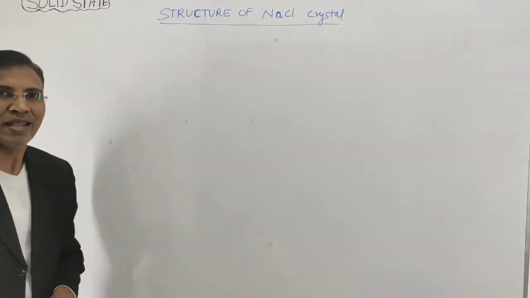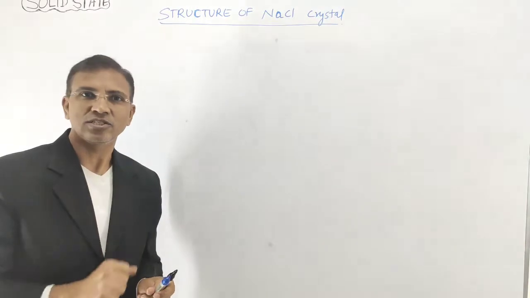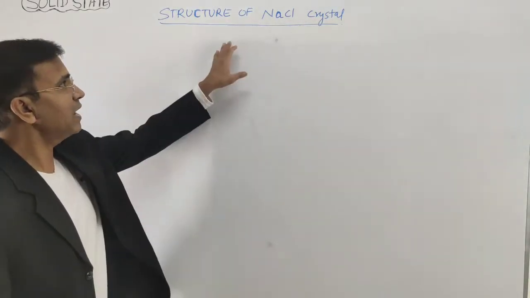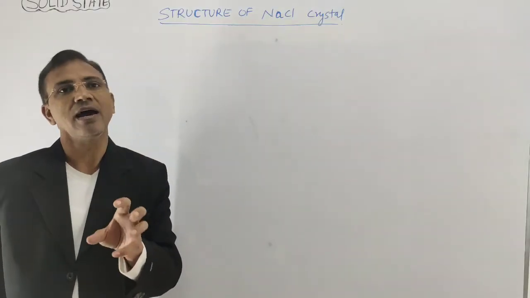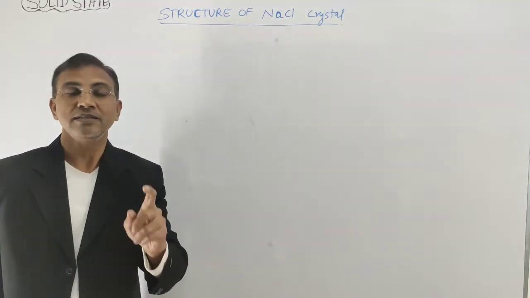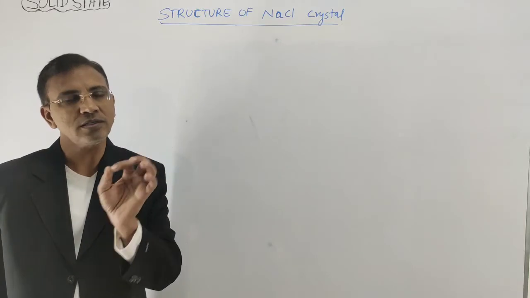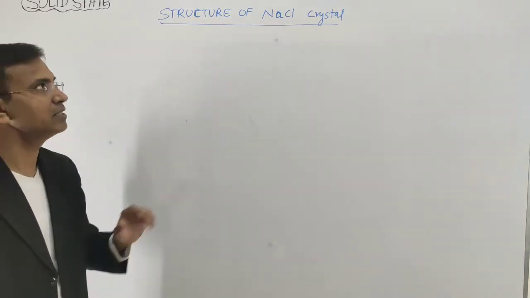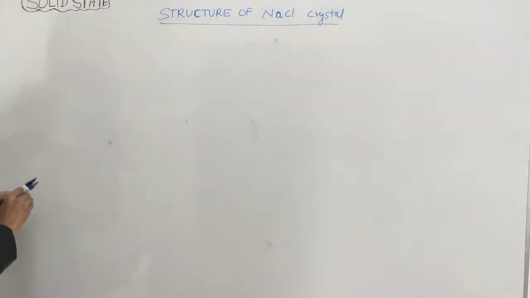Now the structure of the NaCl crystal lattice or unit cell. In the NaCl structure, the main thing is that two ions are present, Na positive and Cl negative. The Cl negative, the major big ion, makes the FCC structure, and the Na positive ion goes into all the octahedral voids. Right? So this is the main important point in the lattice of NaCl. Now write it here.